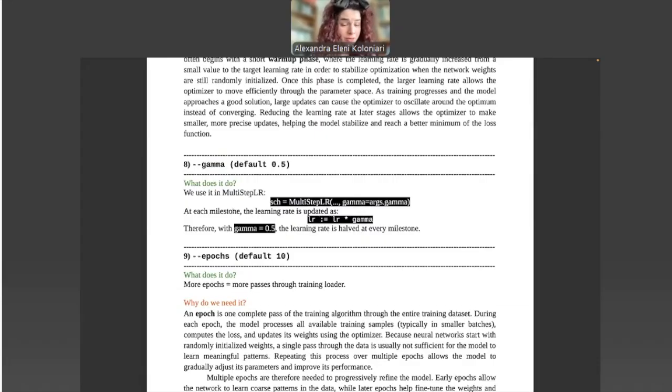At each milestone, the learning rate will be updated to learning rate multiplied by gamma. So, for example, we have the default value 0.5. If we do the multiplication, at milestone 20 we will have half the learning rate that we had in the previous epoch, which was the 19th epoch.